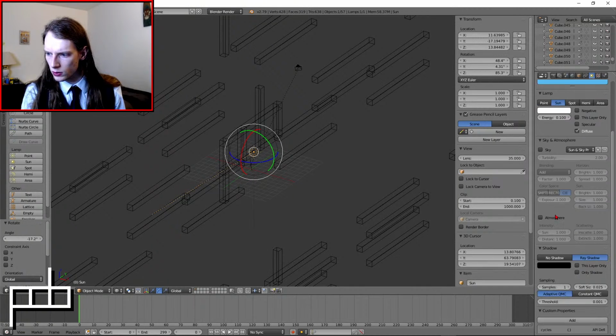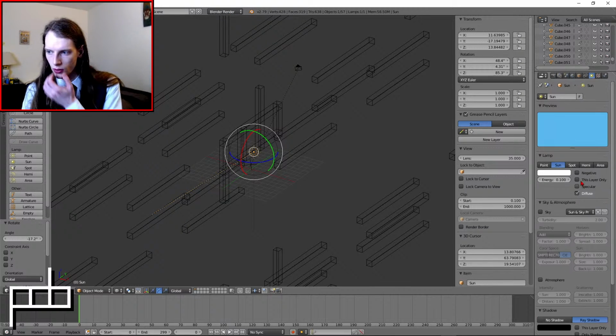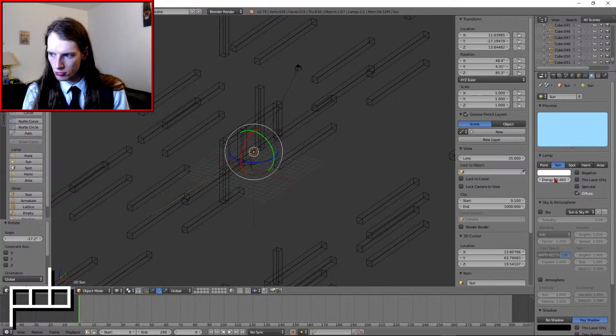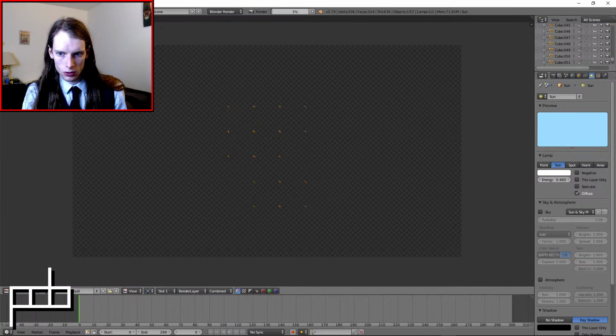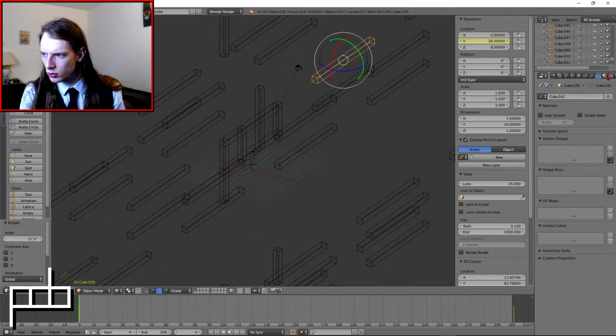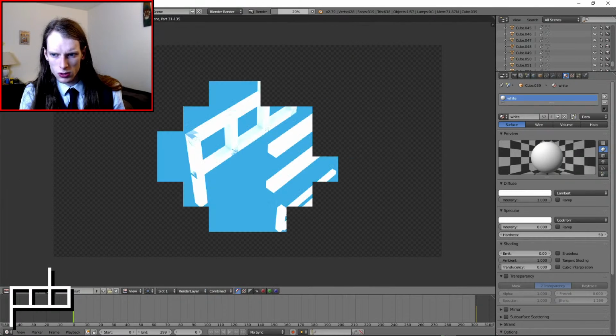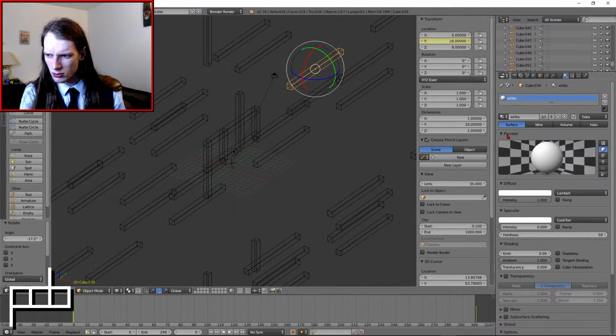So this should be casting shadow, right? I just want to make sure that the angle is correct, first of all. See, it doesn't seem to be acknowledging these